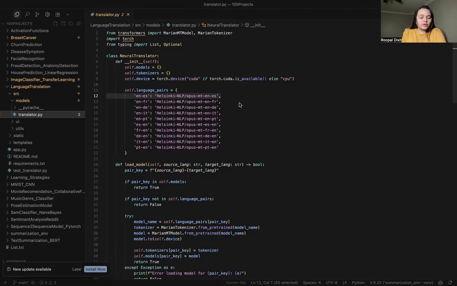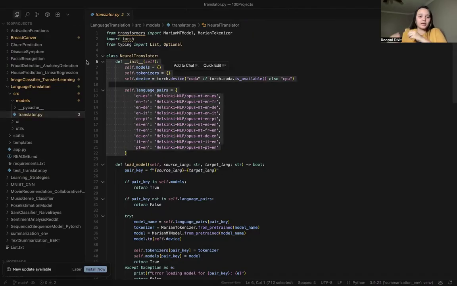So now we will be moving towards how we are going to initialize that. The MarianMT model has multiple models. To understand the basics, we are initializing the translator empty, very empty right now. In the starting you don't know what kind of text you are going to put, so we cannot just say it's English to Spanish. It might be Spanish to English, or Portuguese to English, or Portuguese to Japanese also.